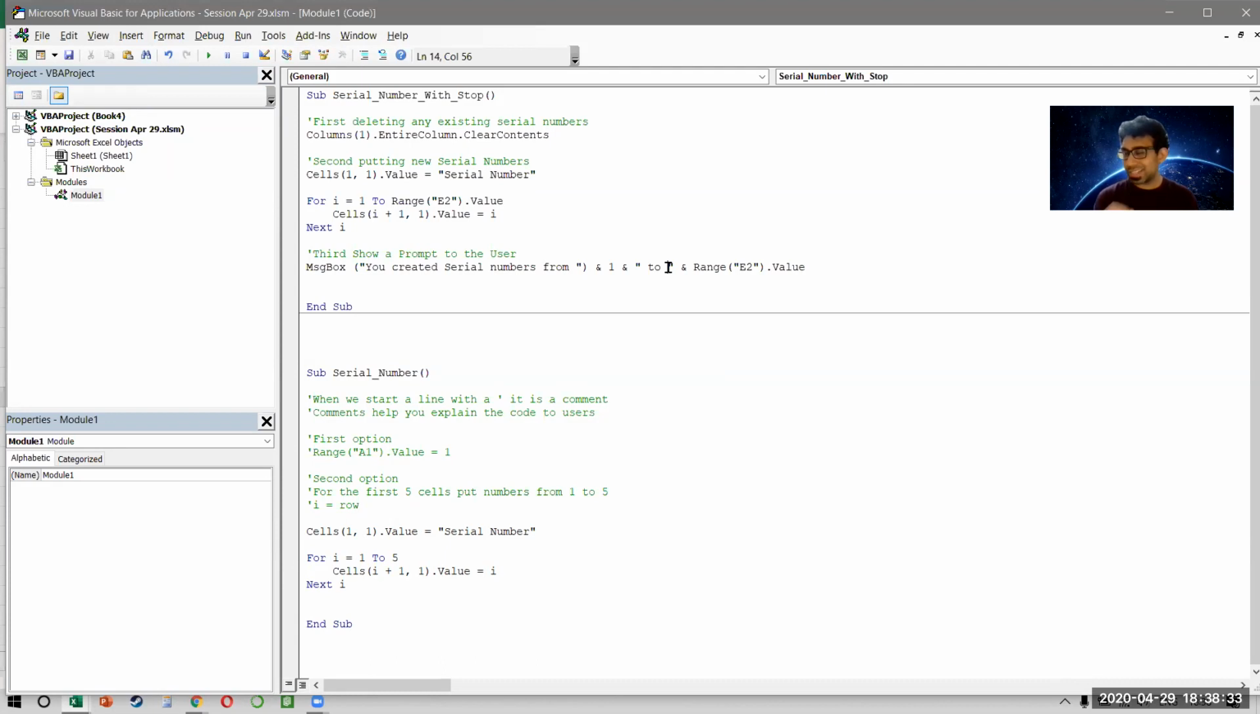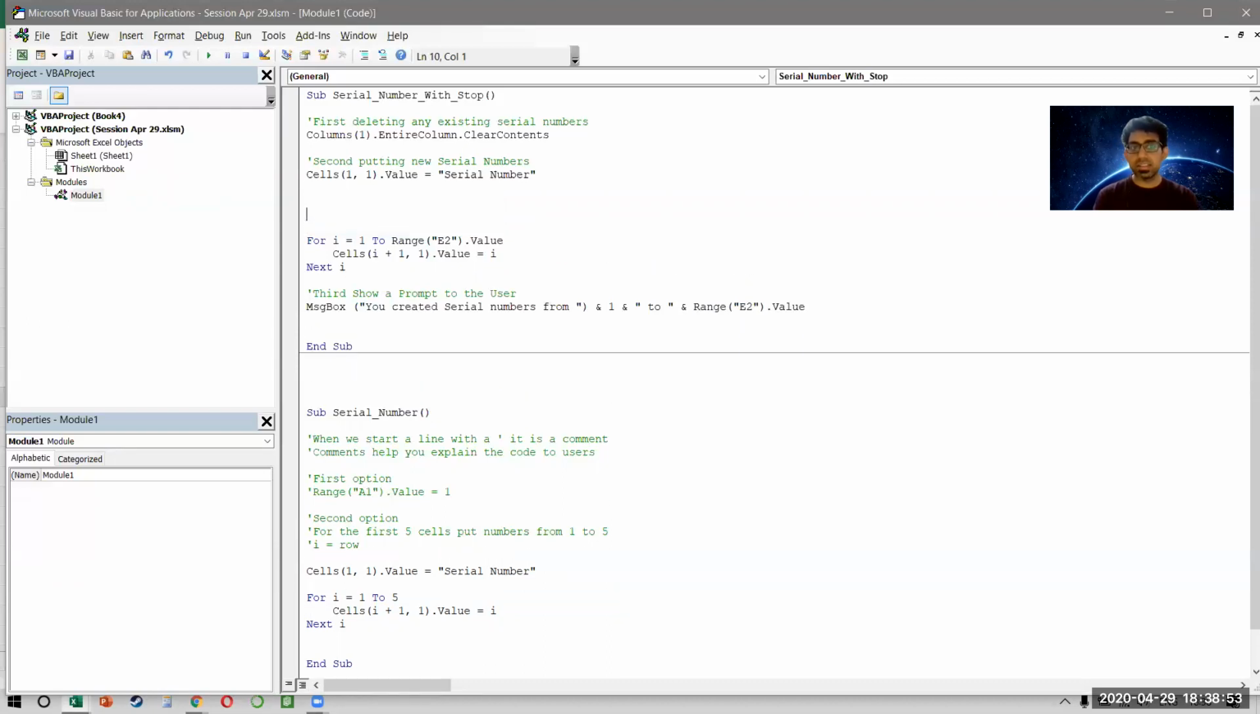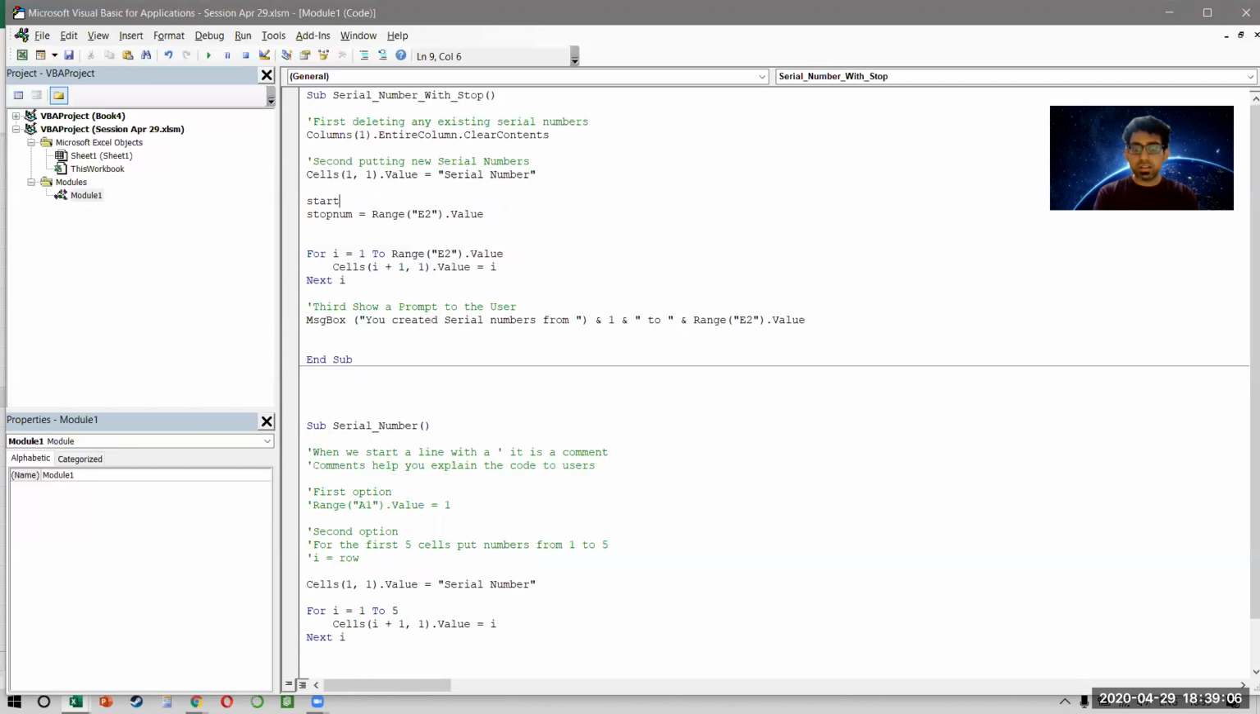Okay, now there's a bit of a problem. I'm doing some redundancy. If you notice, I'm writing range E2 dot value here, and I'm writing the same thing here as well. Don't you feel it's a little stupid that if you're writing the same cell multiple times, why are you copying and pasting it many times? Ideally, what we should do is we should say that stop num, which is my stop number, is equal to range E2 dot value. And what is my start num? My start num is equal to I,